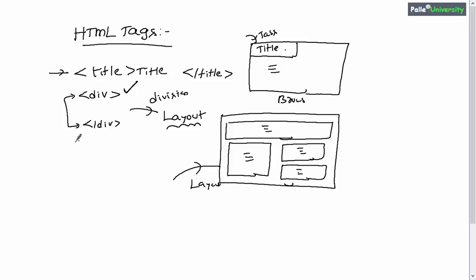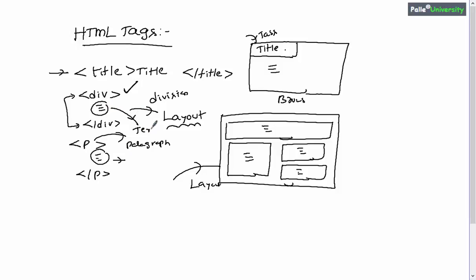Apart from the div tag, we have something called the p tag. P for paragraph, right? No special explanation is required for the paragraph tag. In general, inside the paragraph tag, you are allowed to write some content. Even inside the div tag also, you are allowed to write some content.